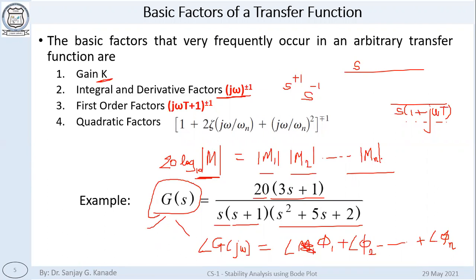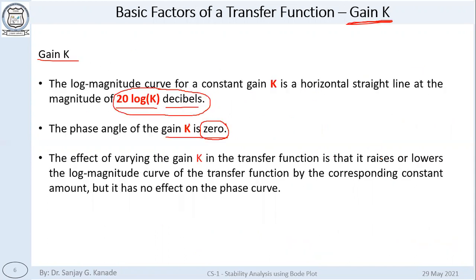It will be addition of the individual gains when expressed in decibel scales, right? So this gain by factor K and by other factors, all other factors will get simply added. Simple arithmetic addition will be required to get the final value of K. And this is the biggest advantage of using decibel scales.